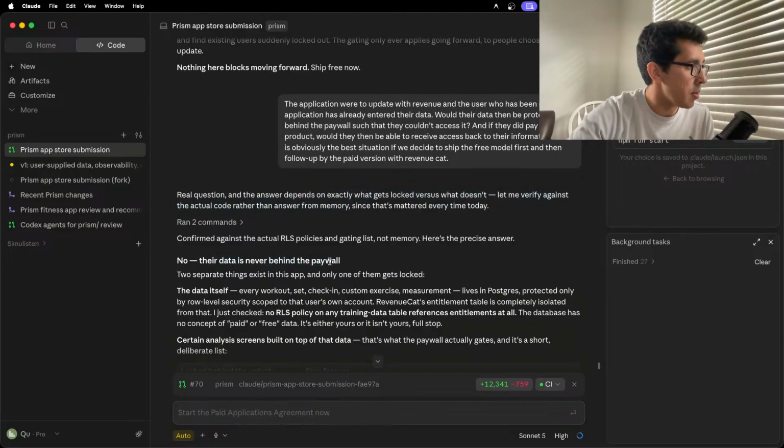No, the data is never behind the paywall. Two separate things exist in the app, and only one of them gets locked. The data itself, every workout, set, check-in, custom exercise, and measurement, lives in Postgres, protected only by row-level security scoped to that user's own